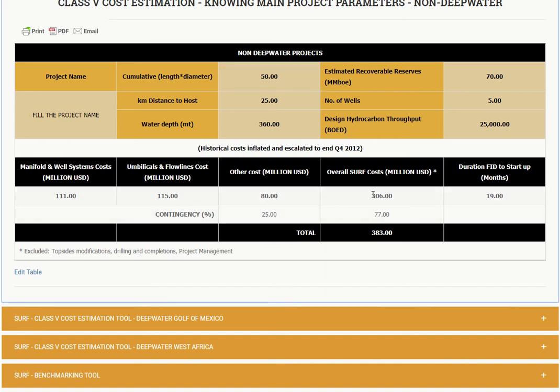The estimate is the same, but we have 80 because the total amount of the surf is this, and it doesn't depend on the umbilical. It means the project is this amount, but something here, the umbilicals and flow line is this, and you have other cost increasing. I don't remember how much was at the beginning,